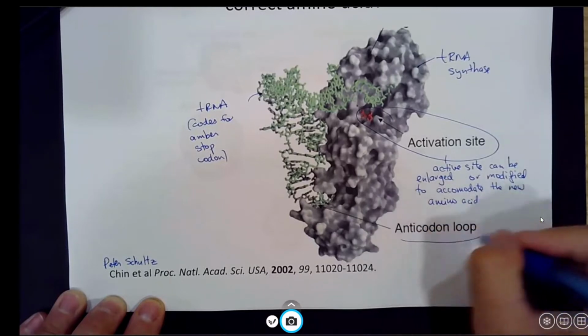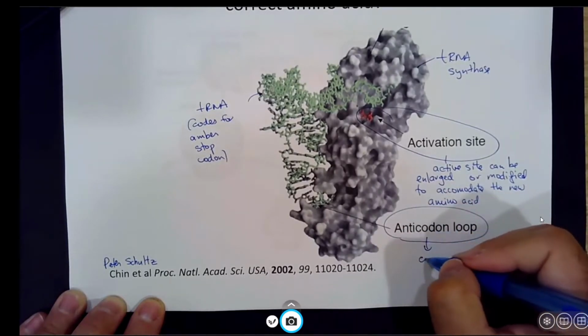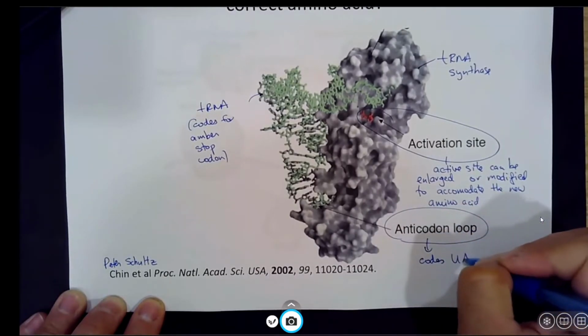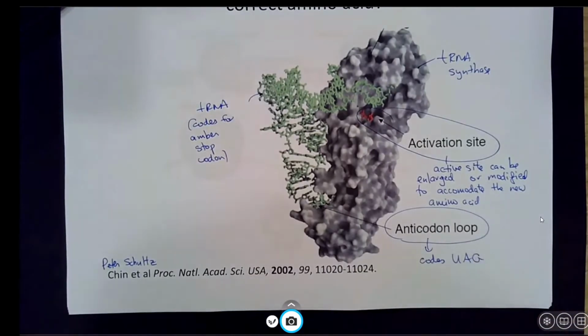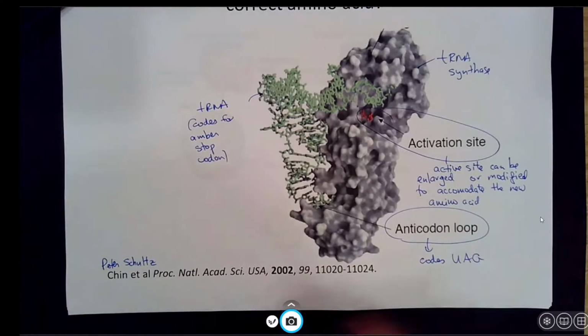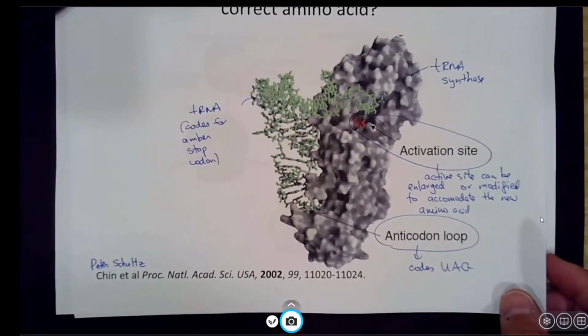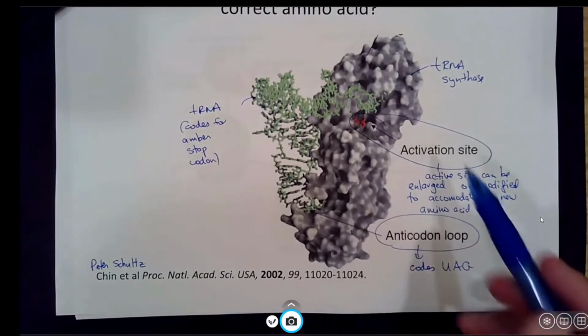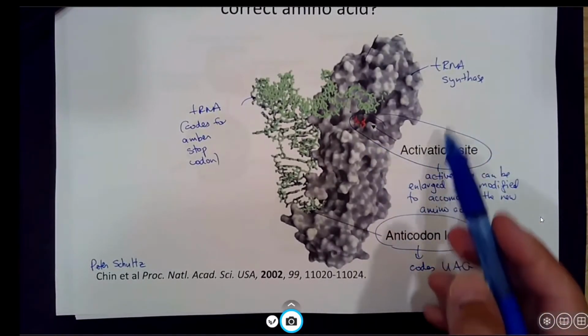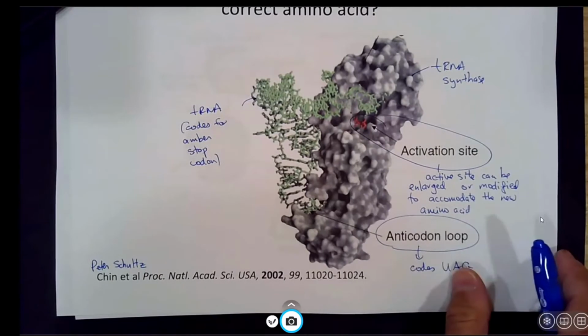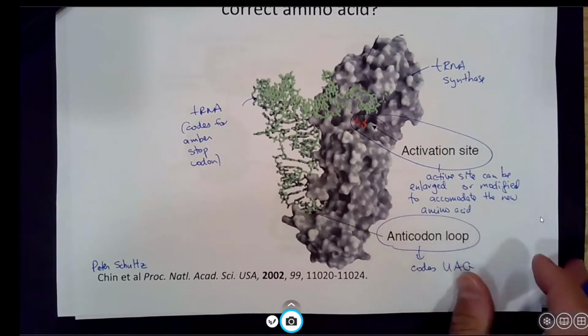And then the anticodon loop, this codes for UAG, the stop codon. Okay, so it looks somewhat simple. I mean, on paper, it is simple. You can evolve a new tRNA synthetase with an activation site that's altered to accommodate an unnatural amino